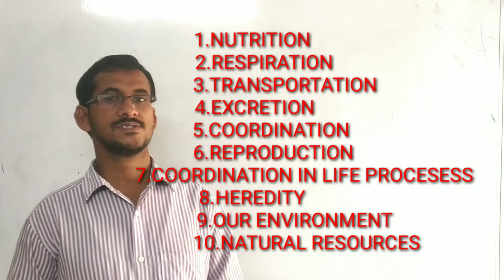Got it? Next, very important question is the mechanism of photosynthesis. In the mechanism of photosynthesis, we'll see light reaction and dark reaction. Sometimes they'll ask what are the end products of light reaction, and what are the end products of dark reaction. The end products of light reaction are oxygen, water, ATP and NADPH. Understood?